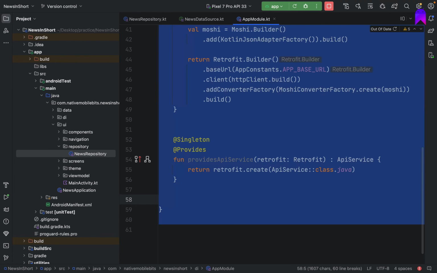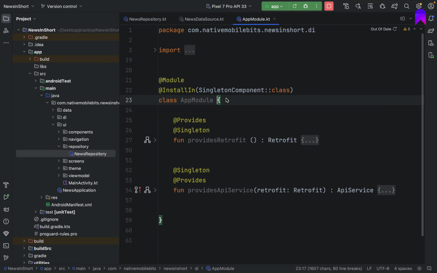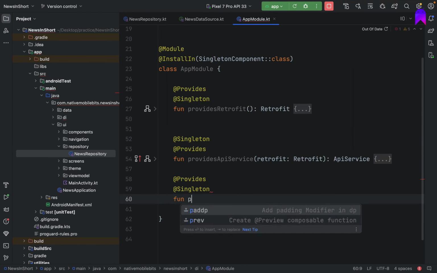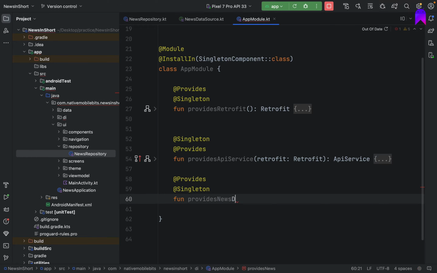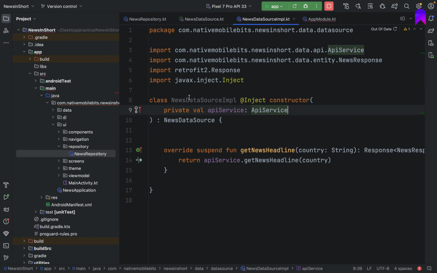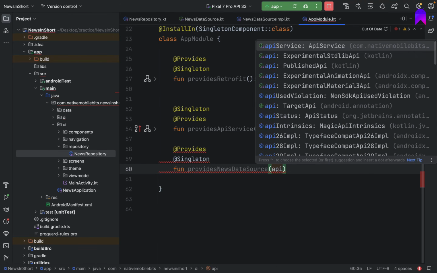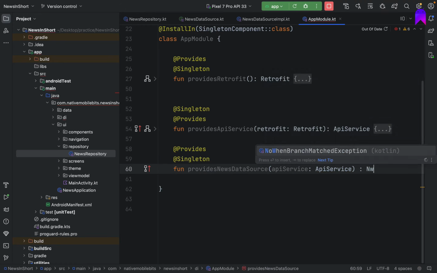Let's come here, let's minimize everything. This is a module for Dagger Hilt where we are writing all the dependency related code. So we are going to write Provides, then Singleton, and we are going to write provides news data source. If we want this news data source, we have the implementation, right, which provides us one news data source. But for this implementation, we need the API service, right? This API service as a dependency we already provide. So we can add here API service, and it will return news